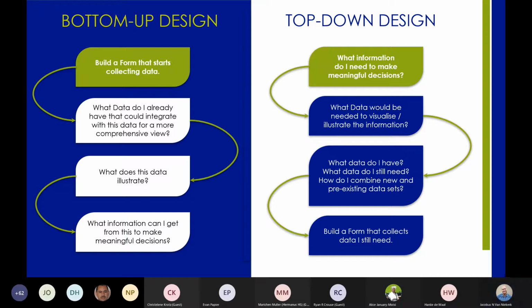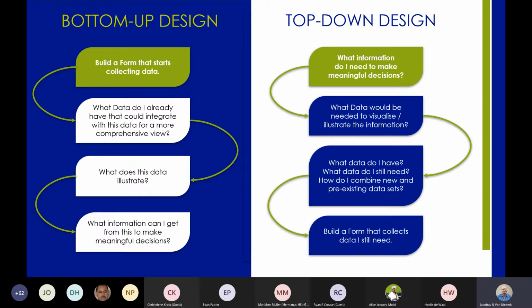And then after we've got our form, only then do we start looking at the data that I already have, the things that I had beforehand, and the new information that I'm getting in, and I start seeing how I can bring these two together to create a more comprehensive set of information.